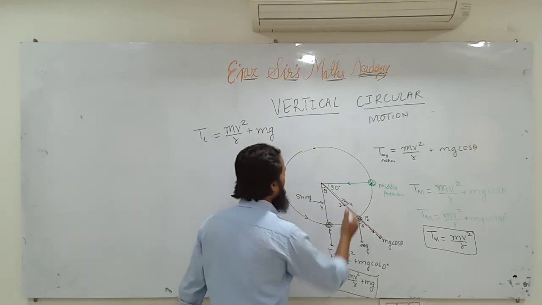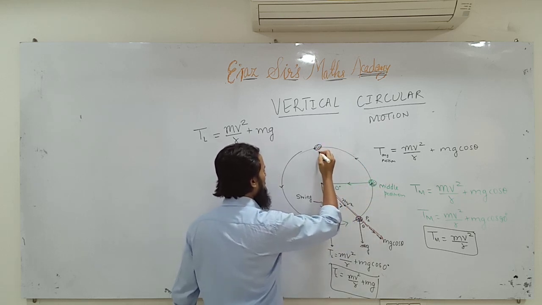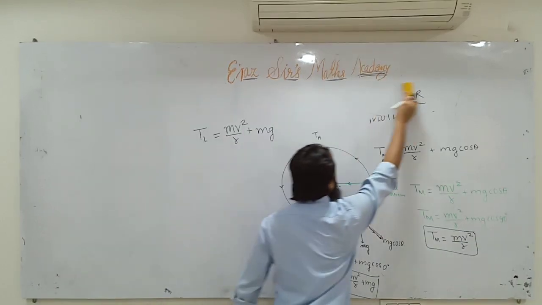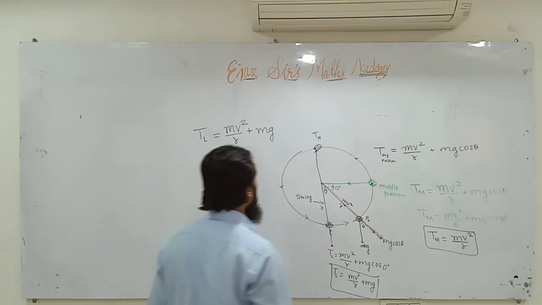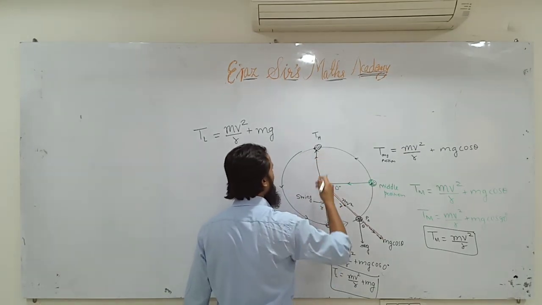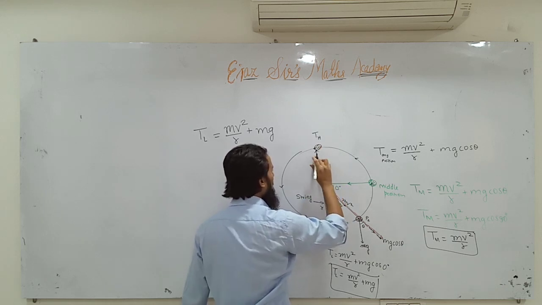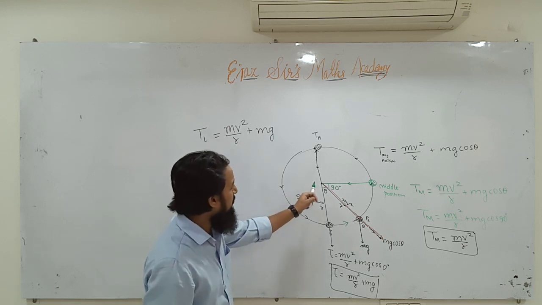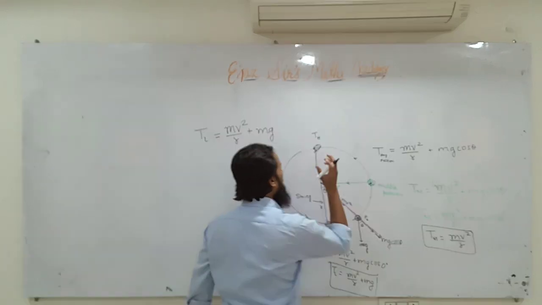And suppose after some time the stone moves up and reaches here at the topmost position, at the highest position. Let me denote the tension in the string at the highest position by Th. If the stone is at the highest position, how much tension will be there in the string? We know centrifugal force is pulling in the upward direction, and weight of the stone will pull the stone in the vertically downward direction. Centrifugal force will pull it up and weight will pull it down. So tension in the string will be less here.